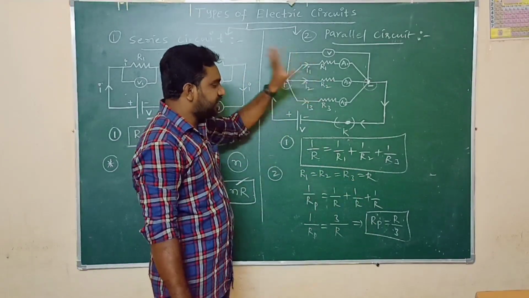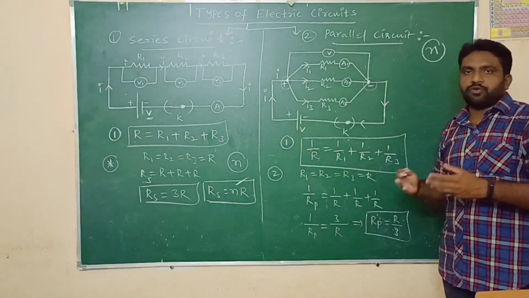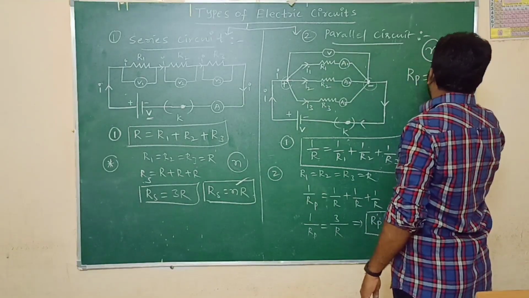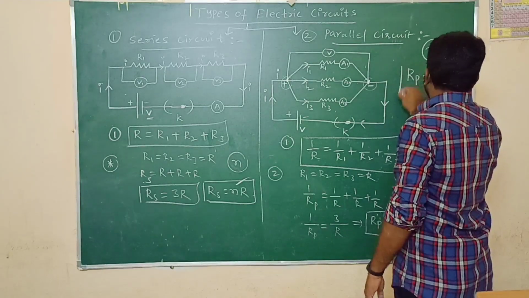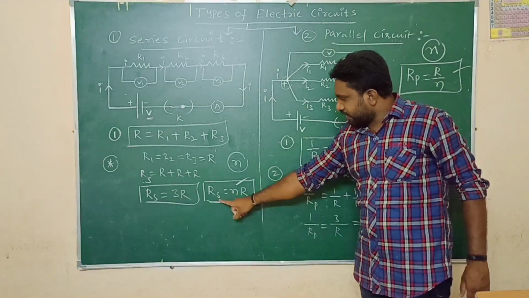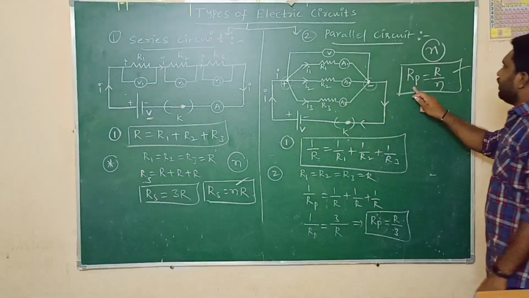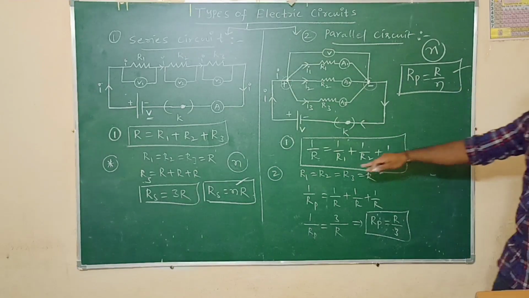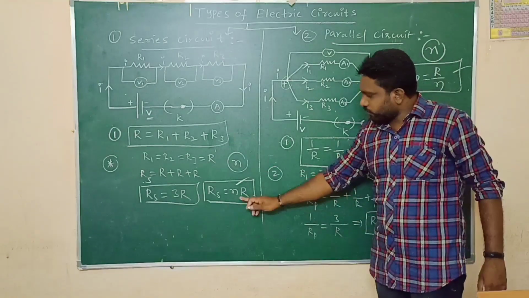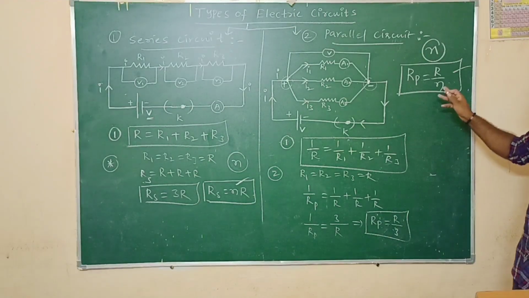In this circuit we have only 3 resistors. For example, if we have N number of resistors, we don't know the number exactly, the principle becomes total resistance in parallel Rp equals R by N. This is the most important principle to use. So in a series circuit, if the resistors have the same resistance, the total resistance is given by N into R. In a parallel circuit, Rp equals R by N. Here we multiply with the number of resistors, and here we divide with the number of resistors. Why? Because in a series circuit the total resistance is increasing, but in a parallel circuit the total resistance is decreasing. That's why we have to divide.